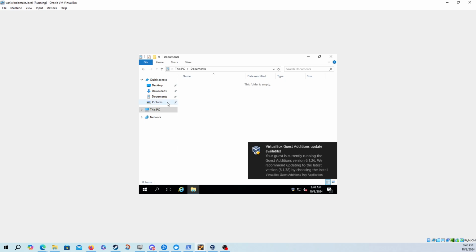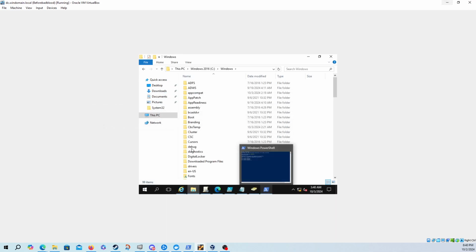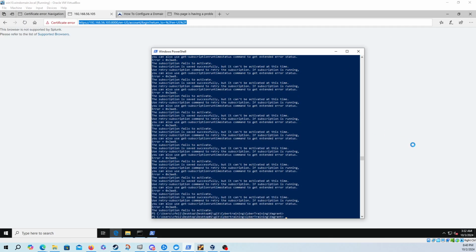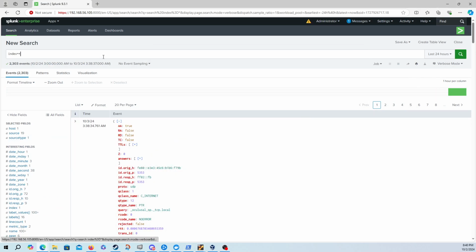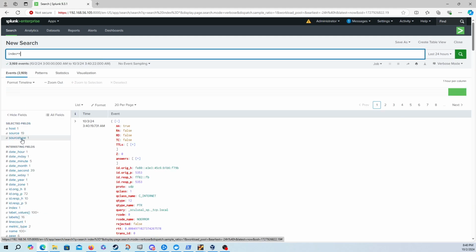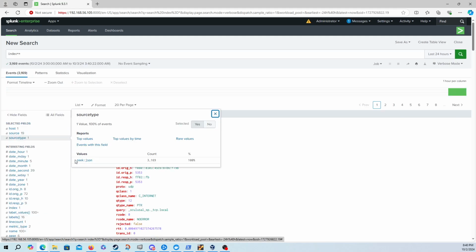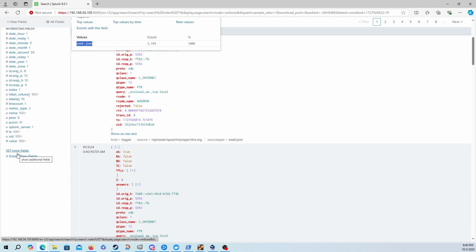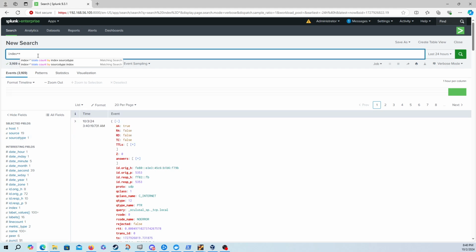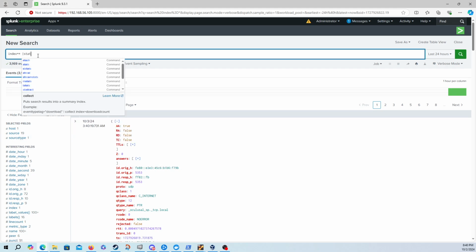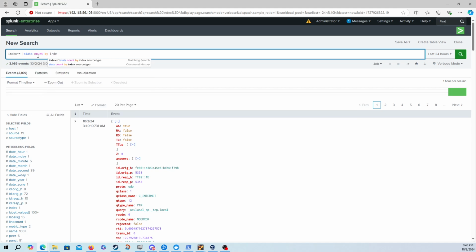So, assuming we had the correct configuration and the tools available, we would have seen all of the activity and really all the stuff that we were doing showing up in a source type called sysmon. So if we go index equals star and then stats count by index,